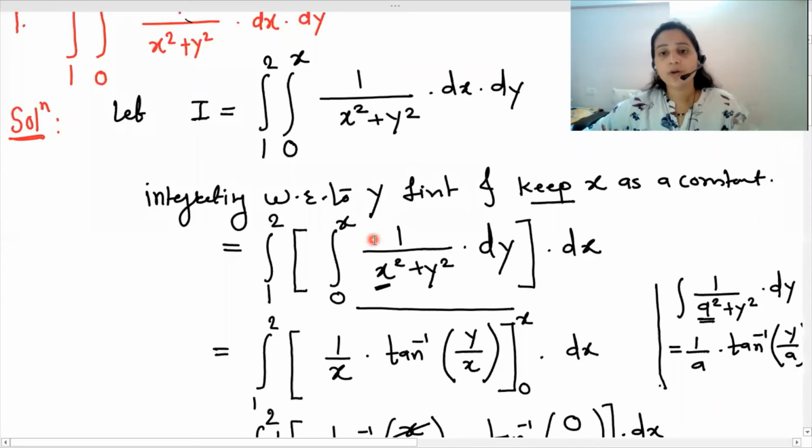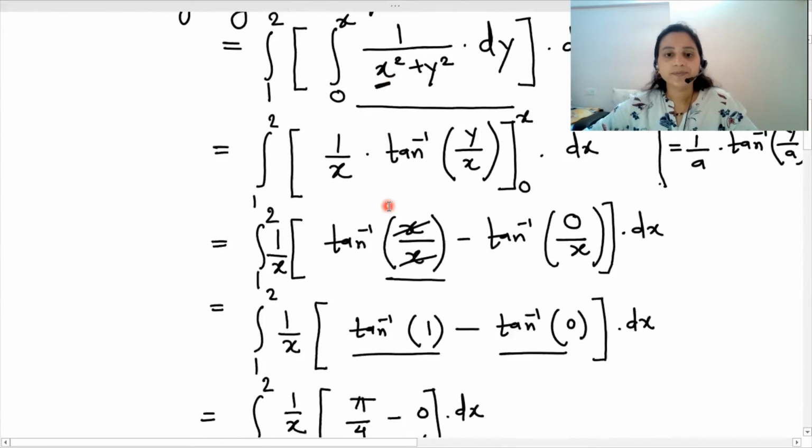So when you are going to solve such examples, the first step is to observe the limits of the inner integrals. If the limits of the inner integrals are in terms of x, then our order is first to integrate with respect to y and then with respect to x, right? Then next example.